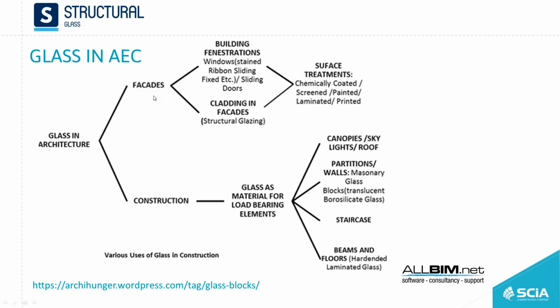This is the first thing everybody thinks of when you say glass in buildings, but also for constructions. It can have roles as primary or secondary elements, and in all malls and shopping areas you see they use glass walls for partitioning, staircases, as you've seen in the Apple Store, or beams and floors, which I will show in different cases throughout the world. Also, these windows and facades are made of glass and also have to be calculated from a structural point of view